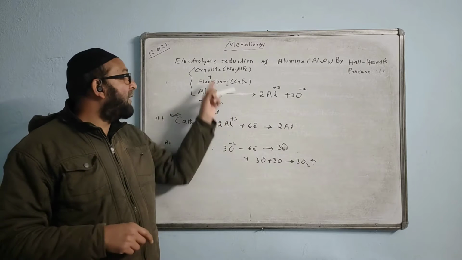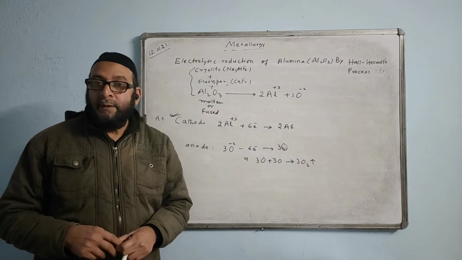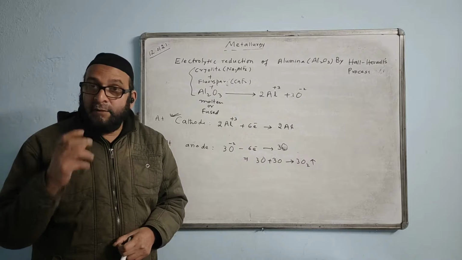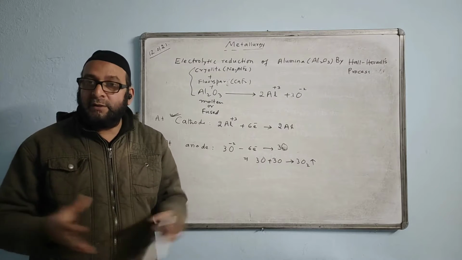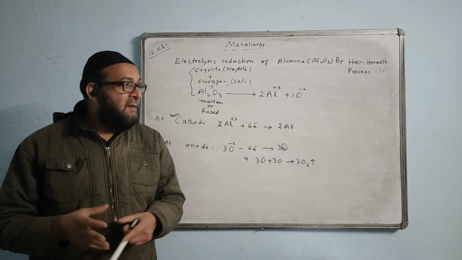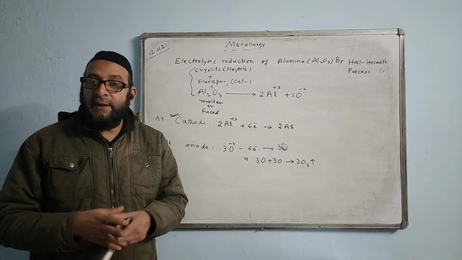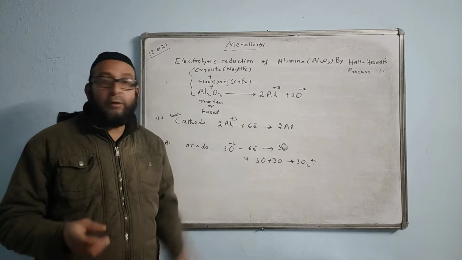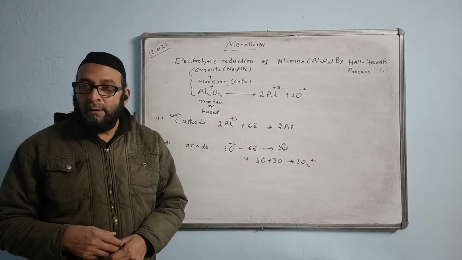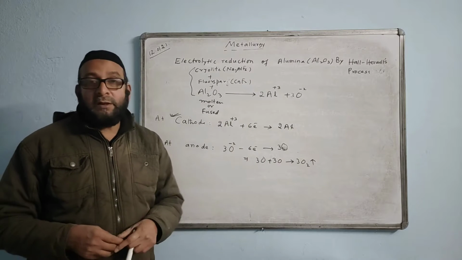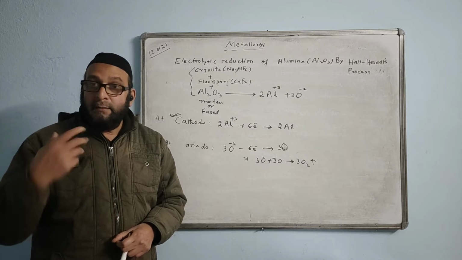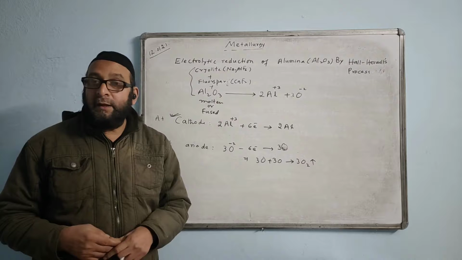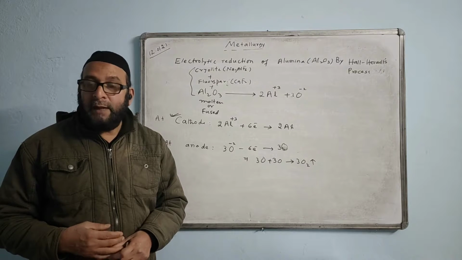And addition of cryolite and fluorspar increases the conductivity of the mixture. Conductivity means the process becomes very rapid, fast. Its resistance becomes very less. We get a large quantity of aluminium in no time with a small current. So these two brothers' method, that was Hall-Héroult's method, made the metal aluminium comparatively very cheap. And it is very affordable.